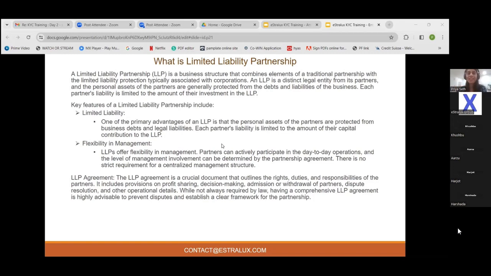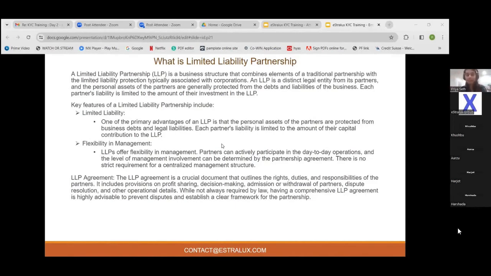So if you read the last line, each partner's liability is limited to the amount of their investment. That is the only main thing you have to keep in mind. Some key features of it: limited liability, as we just discussed, is one of the primary advantages of an LLP. The personal assets of partners are protected from any business debts and legal liabilities. Okay, so that is one point. And with that, each partner's liability is limited to the amount of the capital contribution. Like I just explained, whatever amount they contribute, they are only liable for that much and nothing more and